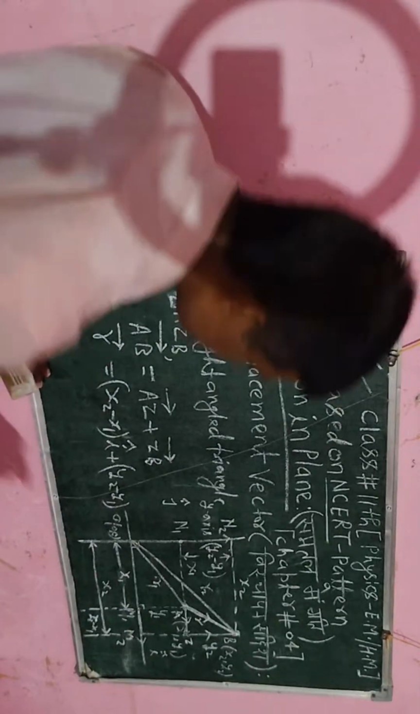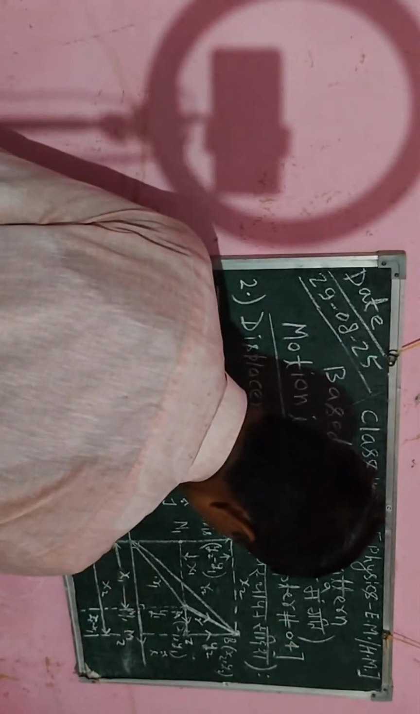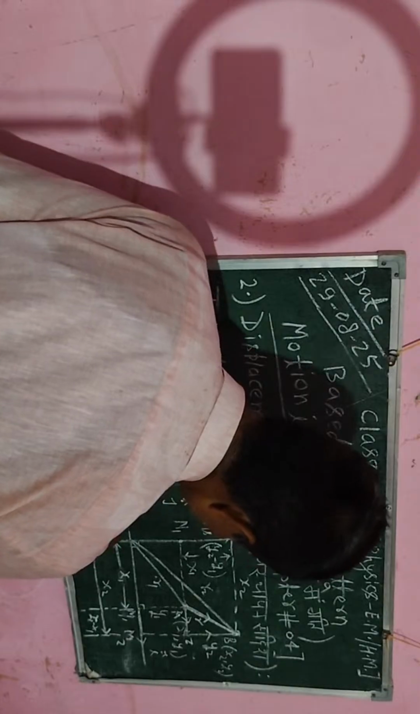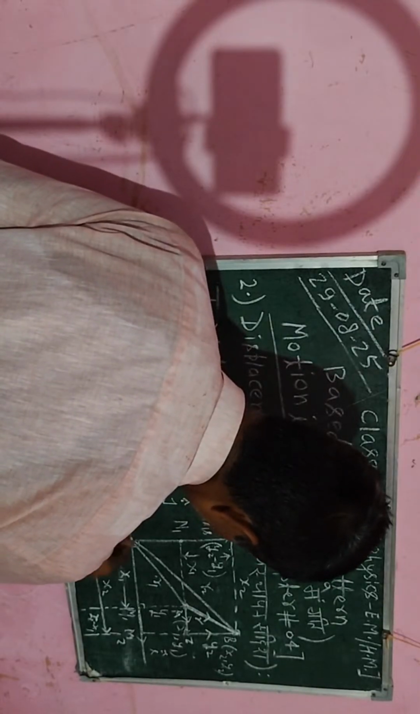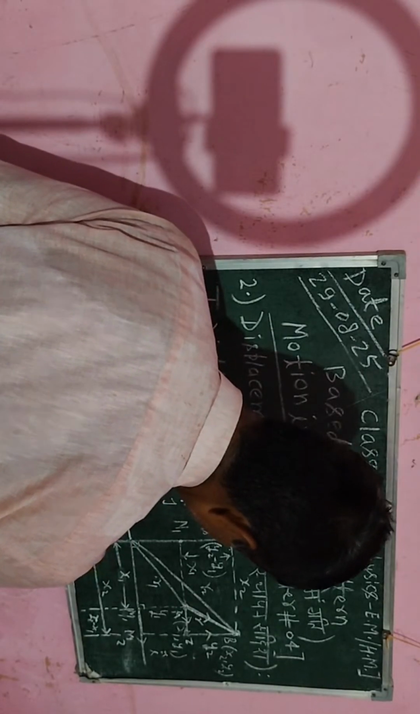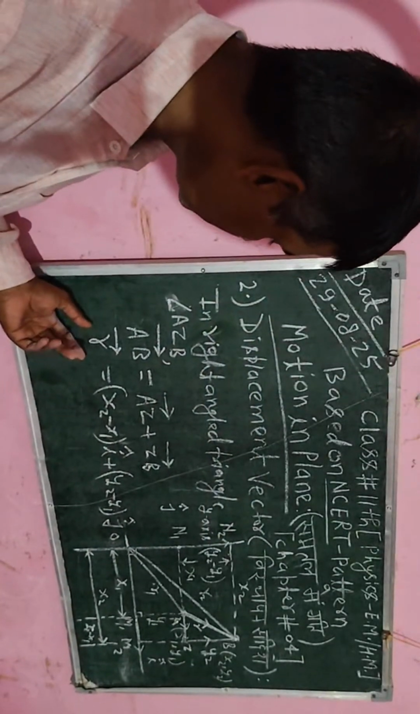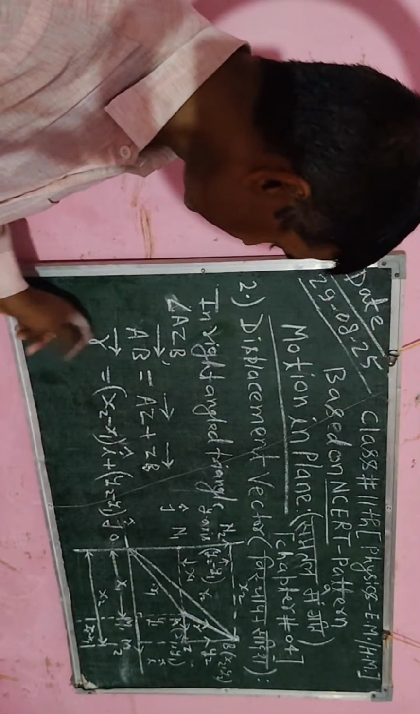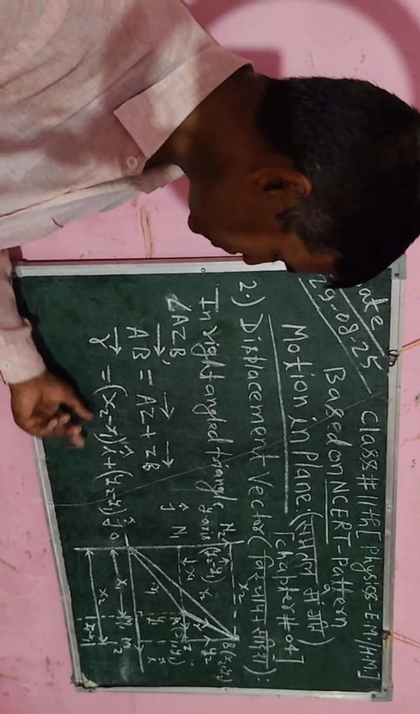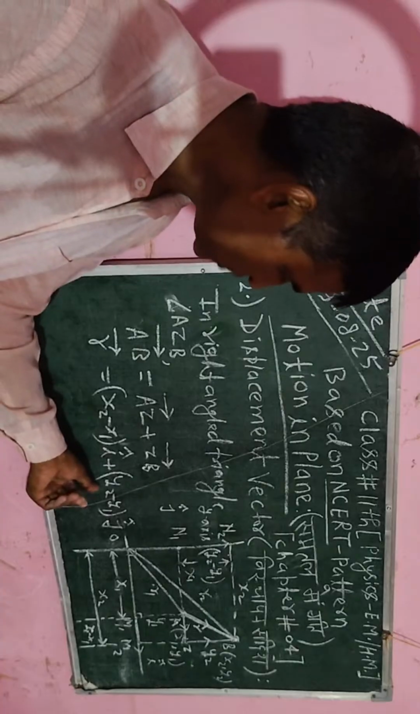So here I will put positively vector J cap. So this is the displacement vector. I have got vector R, which is equal to x2 minus x1 vector I cap, y2 minus y1 vector J